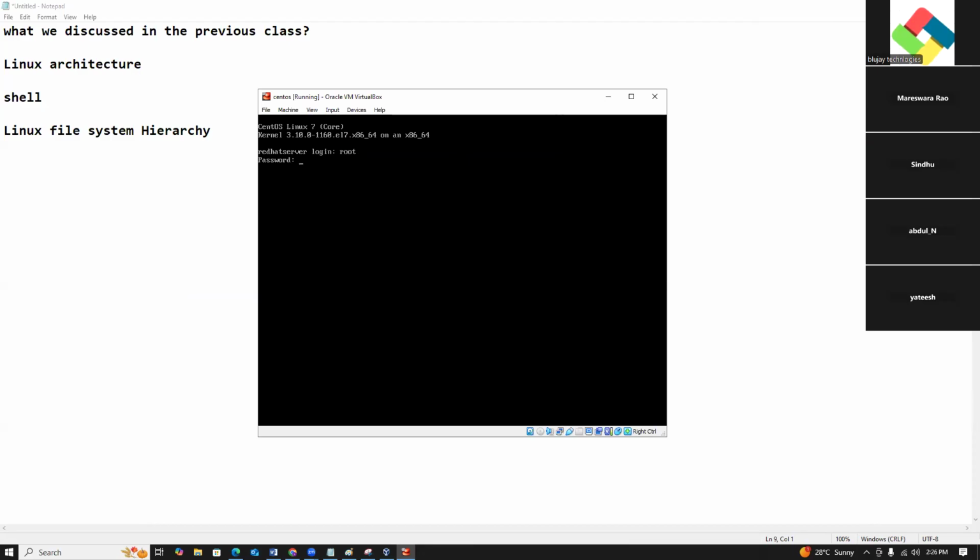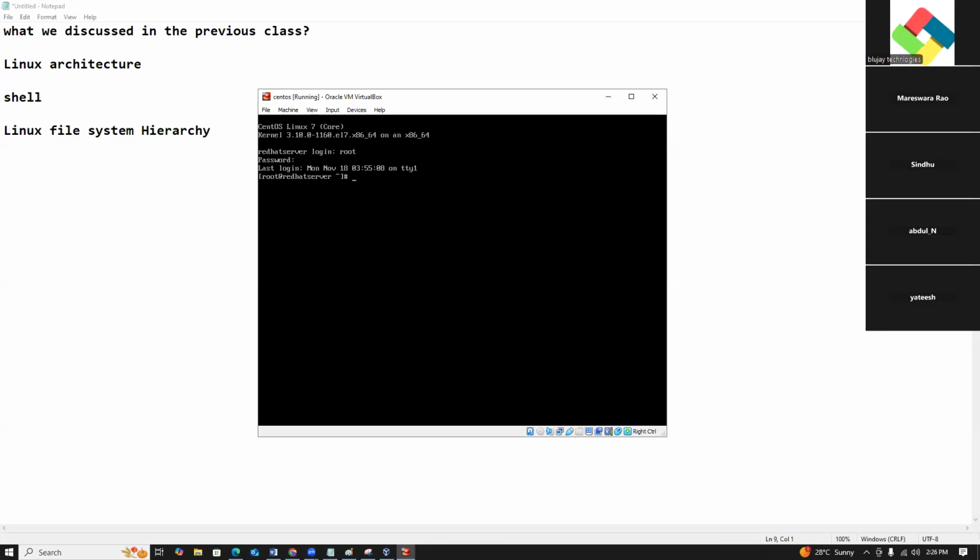So what is the username, guys? Root is the username. Why are we connecting as root? The root user is created while installing the OS, with a home directory.